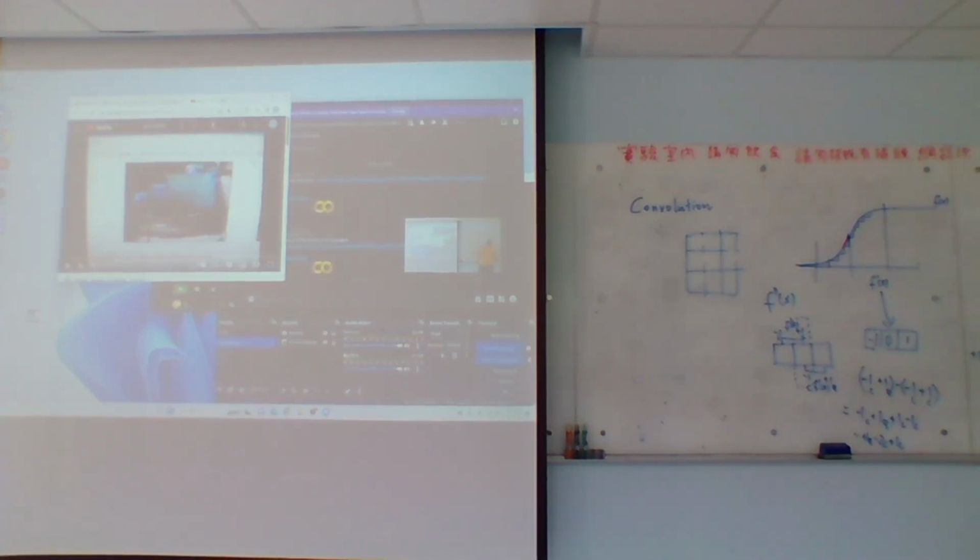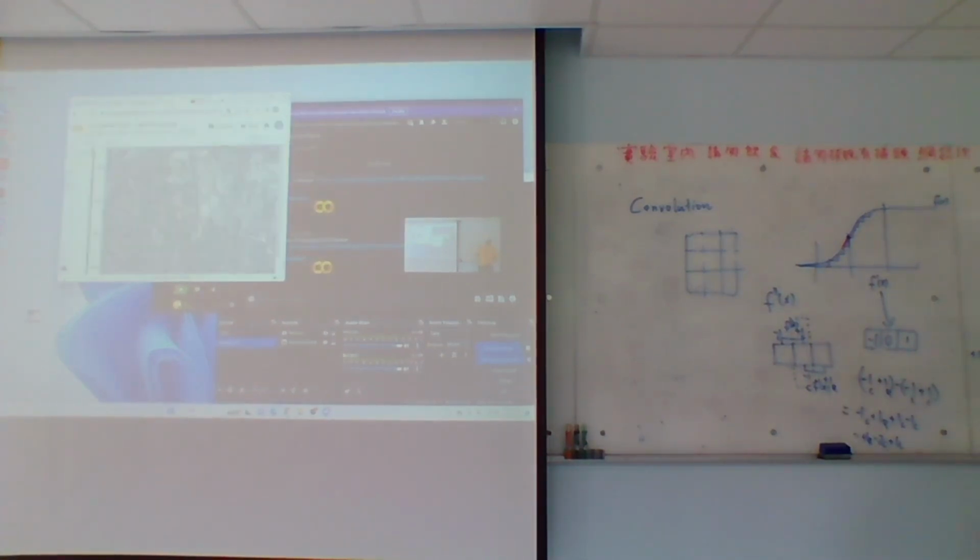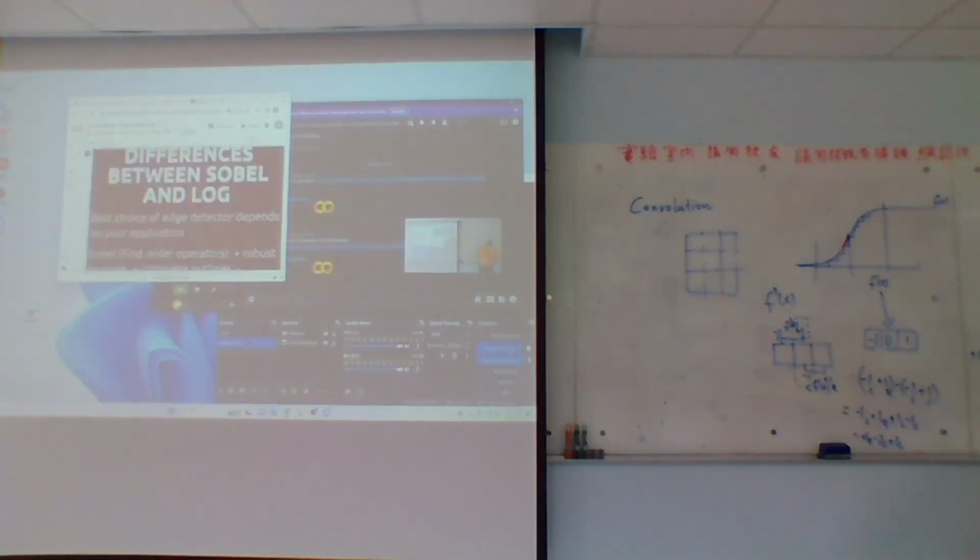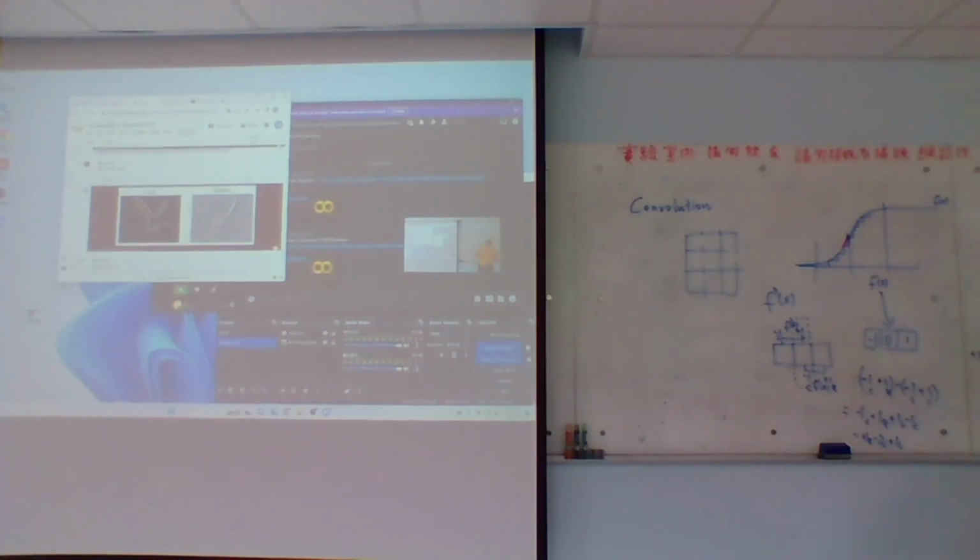And certain algorithms have certain tendencies. So, for example, with the Laplacian of Gaussian operator, here, because it's too extreme. If we look at this picture here, and we compare the performance of the first derivative operators,